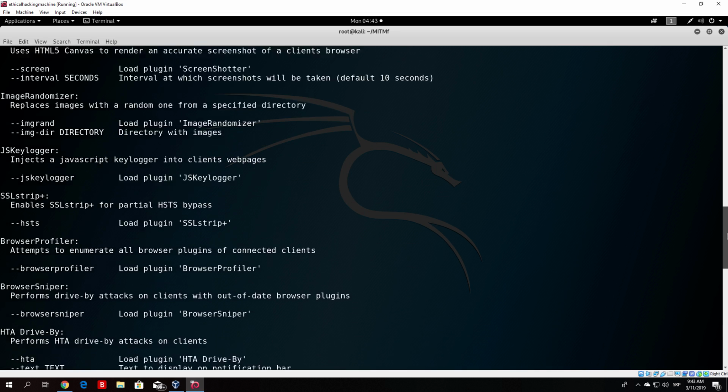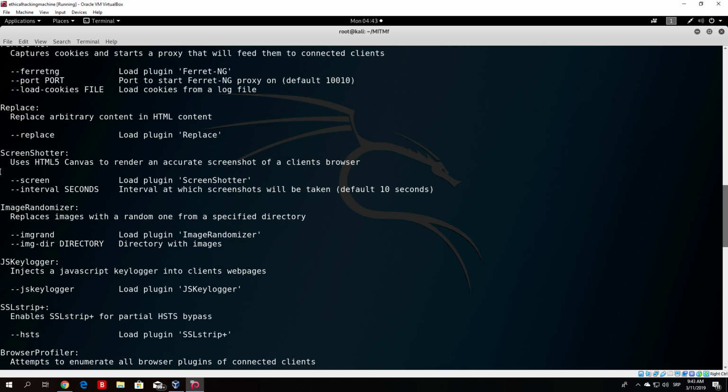So let's see something perhaps funny. For example, here you have the option that replaces images with a random one from a specified directory. You can specify this, and it will load the plugin image randomizer, and you need to specify after that --image-dir, and then the directory where you have some images stored. It will change all of the pictures on that website to pictures from your directory, and everyone on the local network will be seeing the website with different pictures. Now that is something that you can do. For example, I would show you, but I don't really have